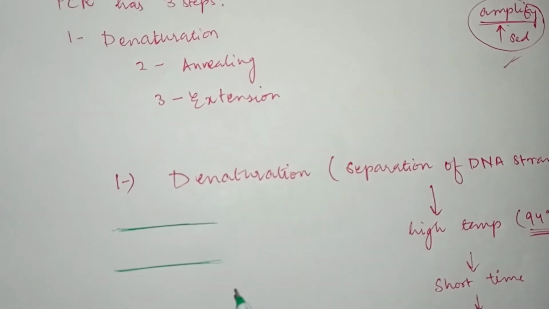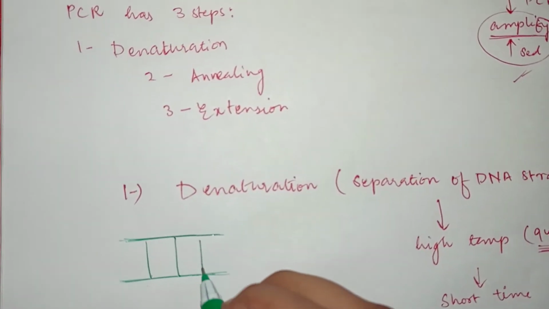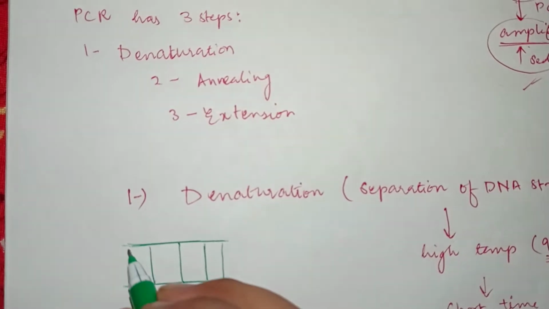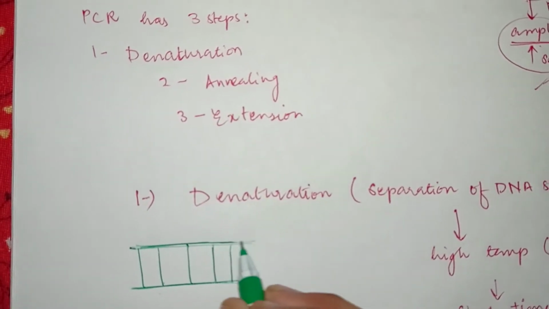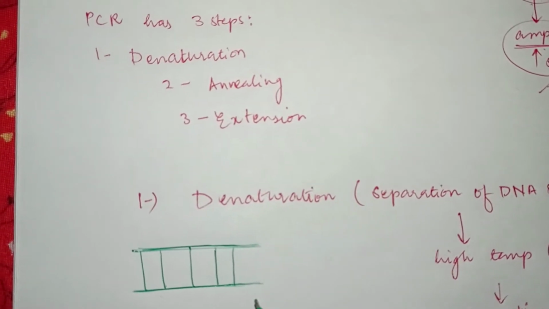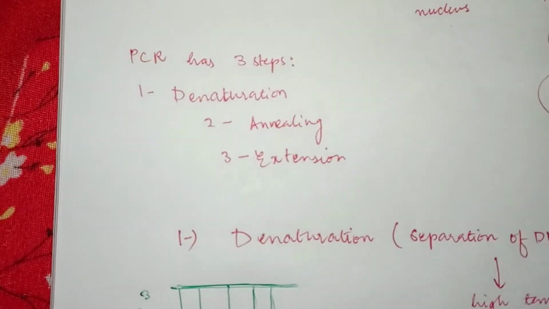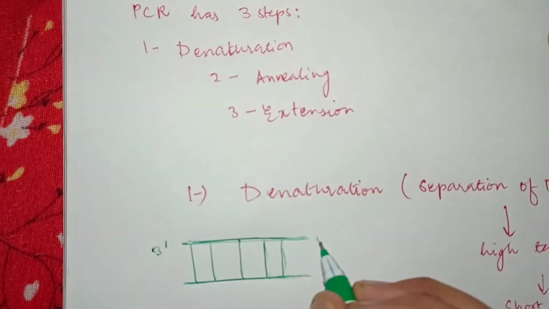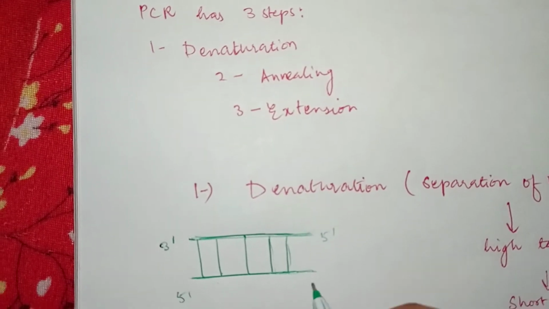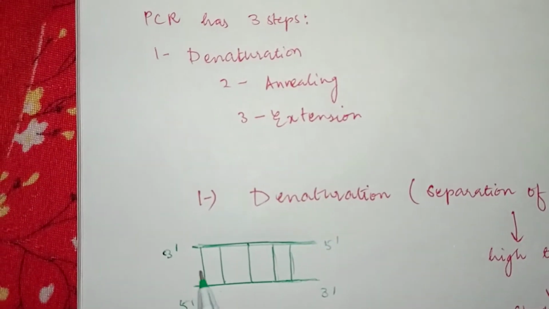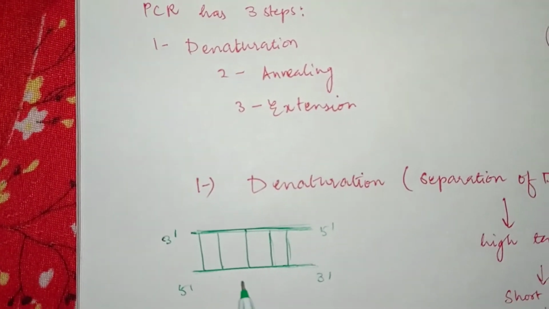Okay, let's make the DNA strands. Suppose it is a double-stranded DNA structure. It is the double-stranded DNA structure which you get in a blood sample at the crime place, and these are the hydrogen bonds. And this is 3 prime to 5 prime, and it is from 5 prime to 3 prime, because this strand is anti-parallel to this strand.